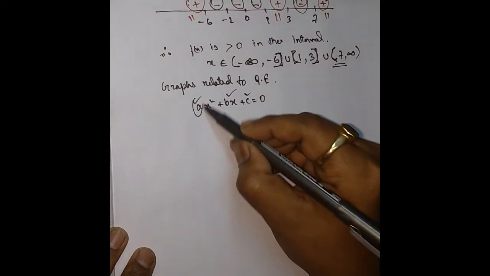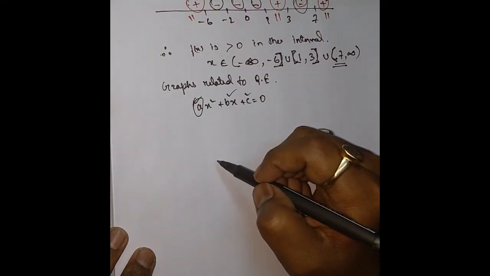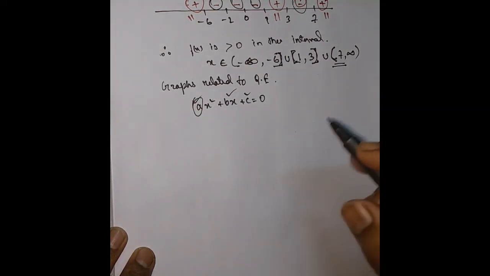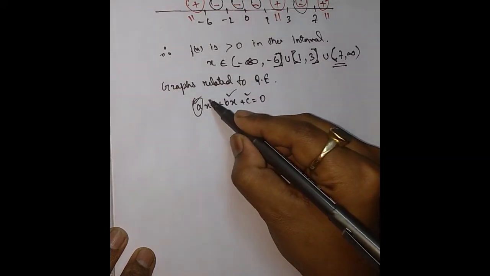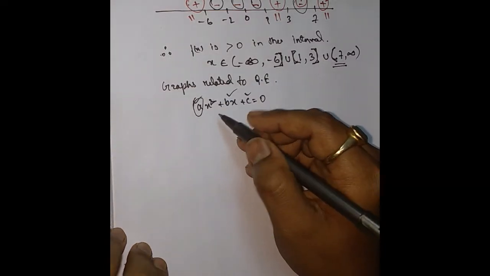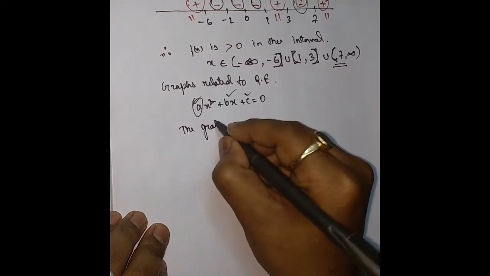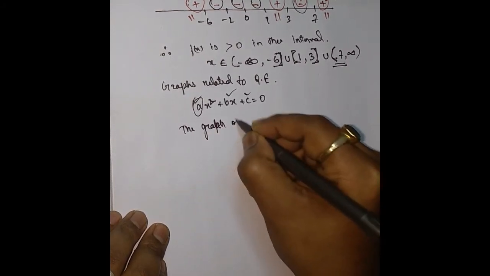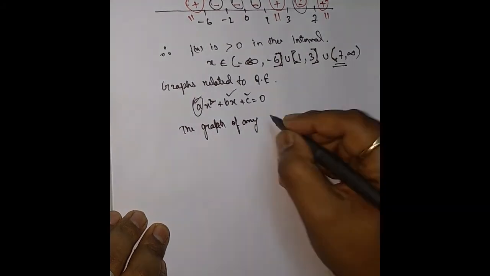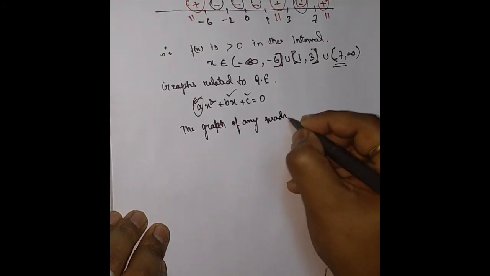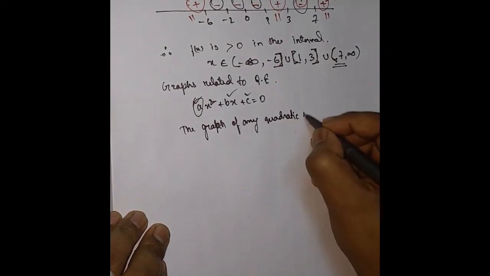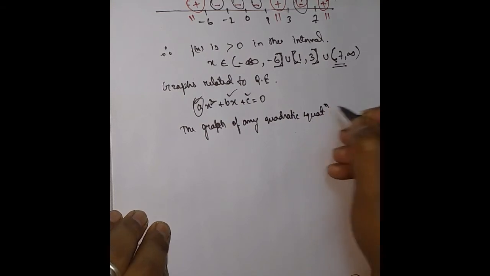This coefficient a plays a very important role. As you see, the highest power is 2, so it is quadratic, and always remember, the graph of any quadratic equation